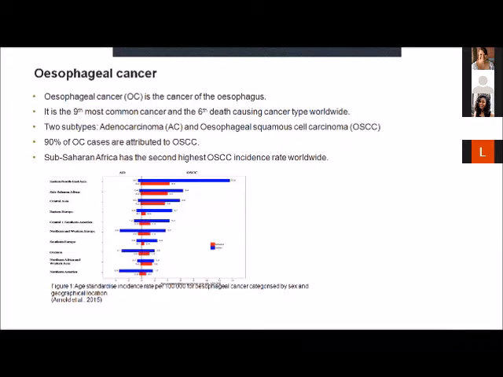That is the cancer of the esophagus, and this cancer is the 9th most common cancer and the 6th death-causing cancer type worldwide. There are 2 subtypes of esophageal cancer, namely the adenocarcinoma and OSCC. Studies have shown esophageal cancer cases are attributed to OSCC, and as of 2018, Africa had the 2nd highest OSCC incidence rate worldwide. This figure